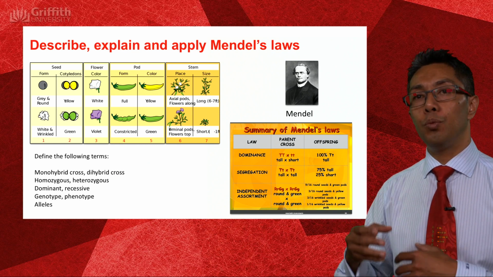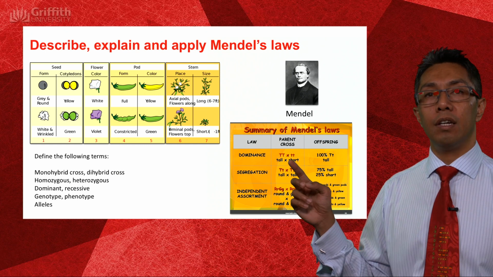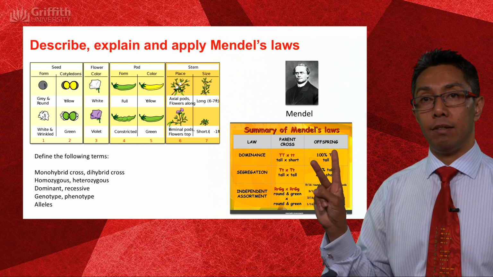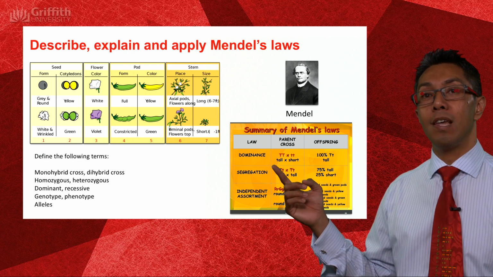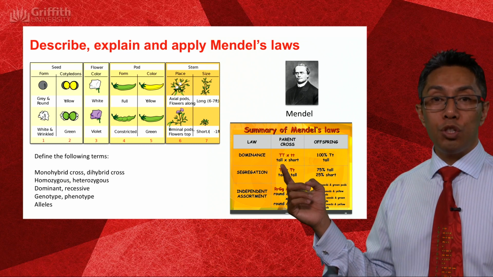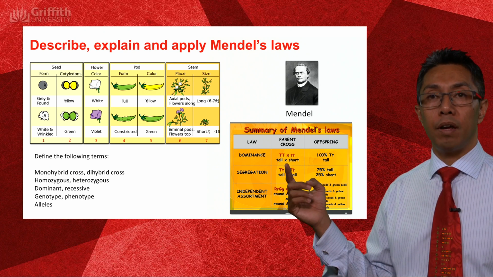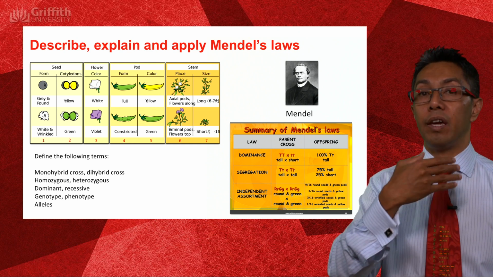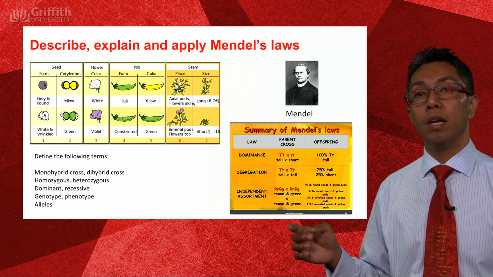Now, for this to work mathematically, he realized that for each characteristic, each individual must have two versions of that gene, the gene which is then expressed to give you the phenotype. So what he would write is that the tall gene is dominant over the short gene, and the dominant allele we will give the capital letter, and the recessive allele we will give the lowercase letter. Okay, so